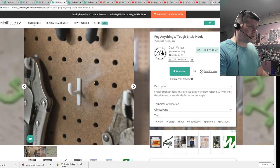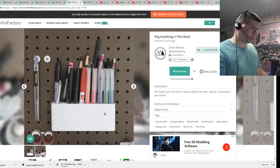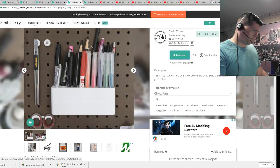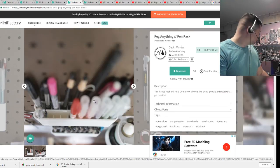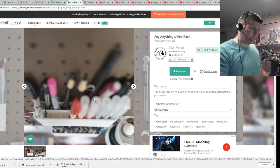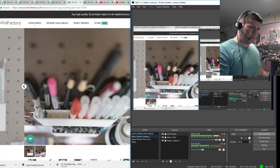All right, obviously you have all these hooks. So he's got a lot of cool stuff, and he's obviously well ahead of me on the track for 3D printing pegboards. This is coming off of the Tron XY, but I'll have it in red. It looks really cool. The Tron XY right now is killing it. If you'll give me a moment to go ahead and